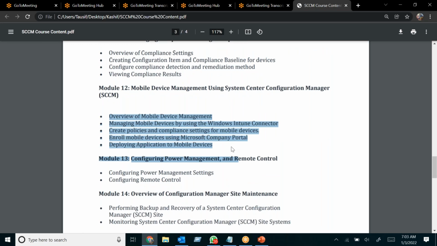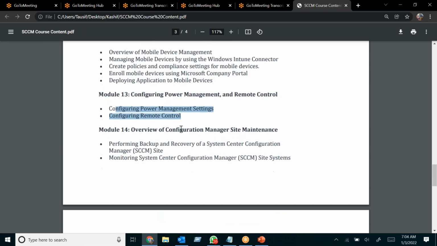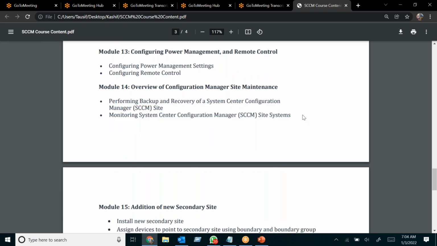I have included Intune in this one as well. Basic Intune will be there, so that you will get a fair idea of what Intune is and how you subscribe within Microsoft Intune, how you enroll a device, how you send applications, how you send policies. Power management, remote control, SCCM disaster and recovery.